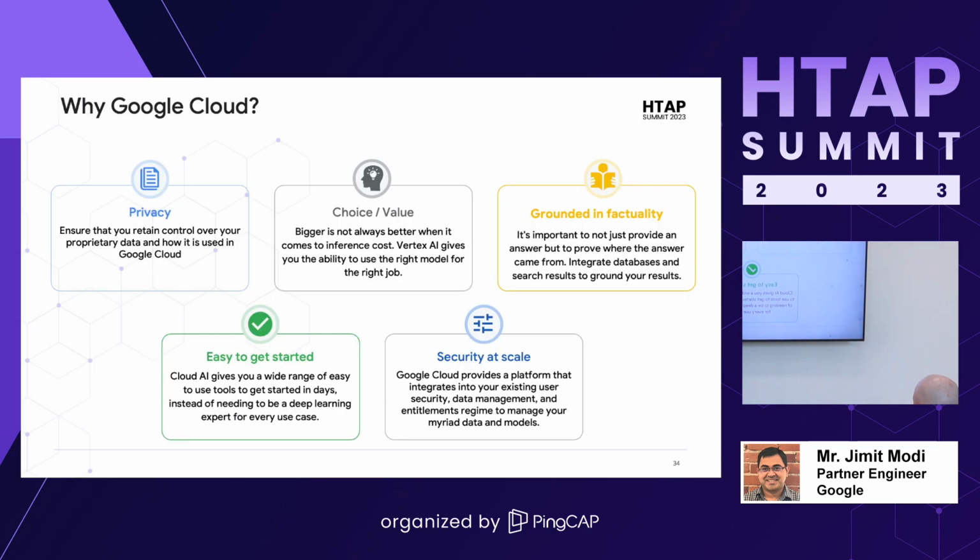All right, so what are the next steps? The whole summary of this session today would be just these 4 or 5 blocks which you see here, right? Like why Google Cloud? The first thing is privacy. I think I told enough. And the second is choice. You can pick and choose what kind of models you need. If you need something for image, there's an image model. If you need something for text, there's a text model.